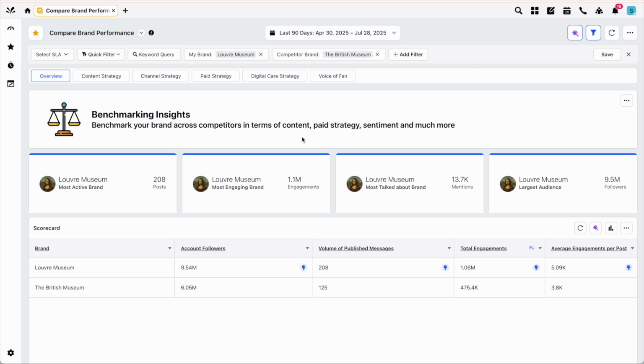As market researchers, it's important that we understand how our brands perform in terms of our social channels in comparison to our competitors, so that we either continue doing what we do or we make some changes in order to make sure we get the kind of reach we're aiming for. So in the last 90 days, we're going to look at how my brand, the Louvre Museum, performed against the British Museum. Let's go ahead and analyze